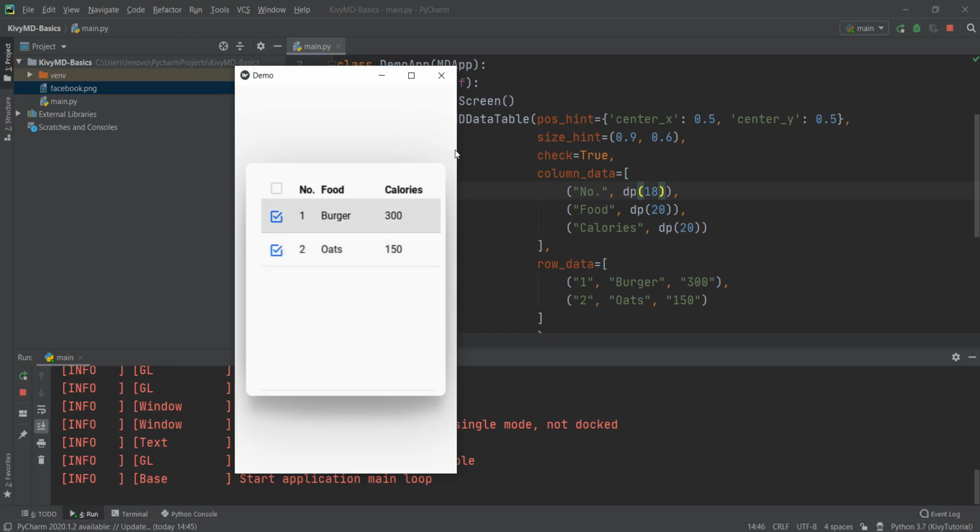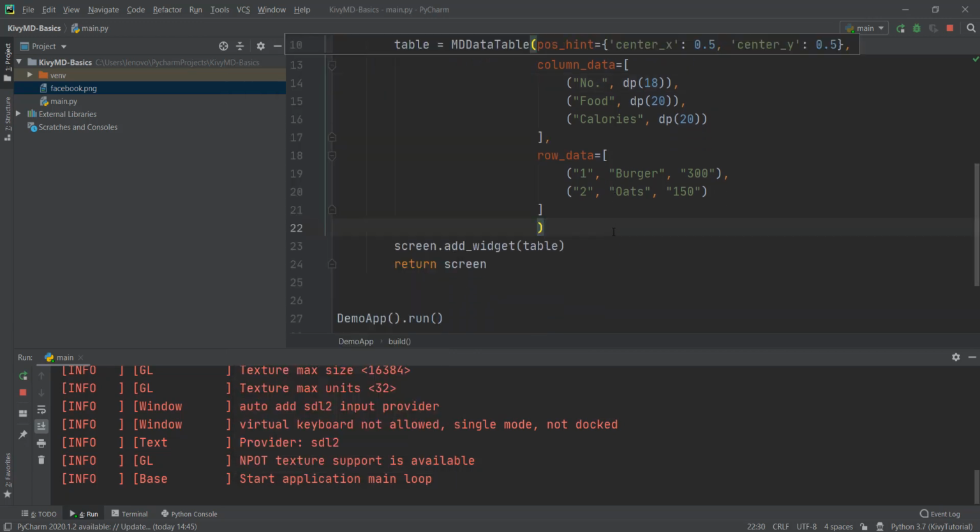So now that we have done everything properly, now let's see how we can call a function whenever we click over here or whenever we click on this check mark, so that we know on which row our check mark has happened by the user or has been pressed by our user. And this is done by binding our data table to a method. So how do you do that? It's actually also very, very simple.